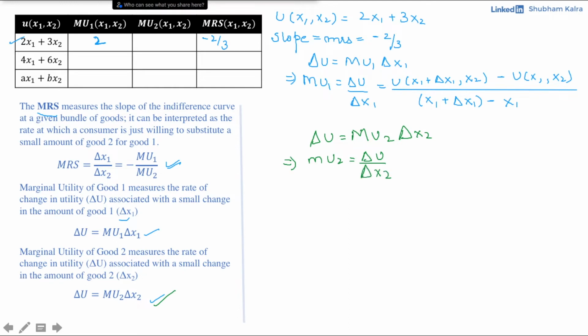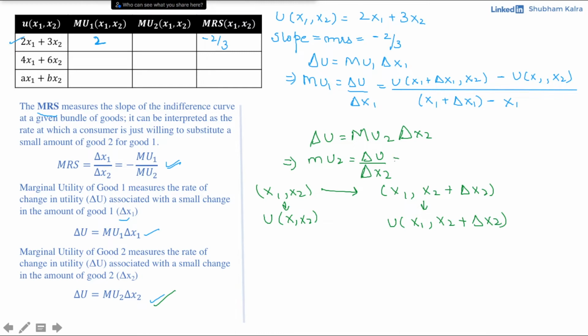Now here what happens is, initially if the consumer was consuming x1 comma x2, then if he or she changes the consumption of good 2 by a very small amount such that the new consumption bundle becomes x1 comma x2 plus del x2, such that the utility derived from this consumption bundle is u of x1 comma x2, and utility derived from this consumption bundle would be u of x1 comma x2 plus del x2, and substituting it into this equation, we would be able to get mu2 would be equal to the change in utility, which is equal to this